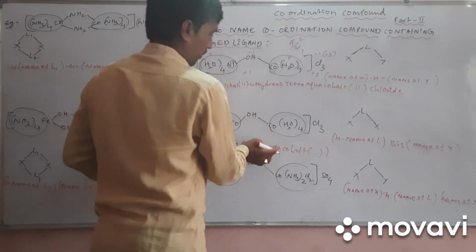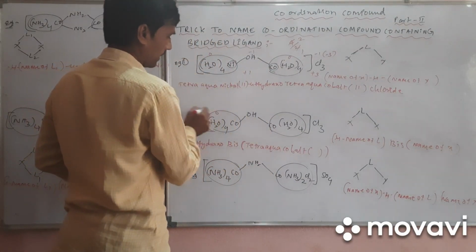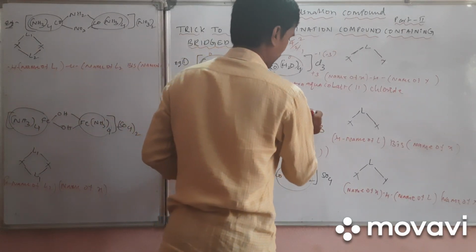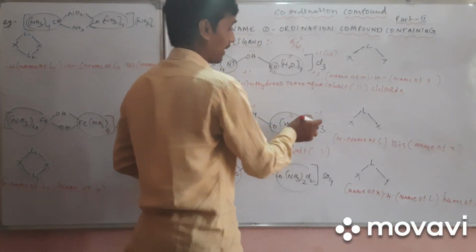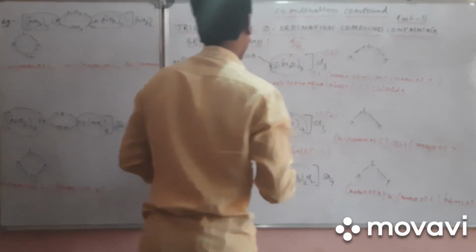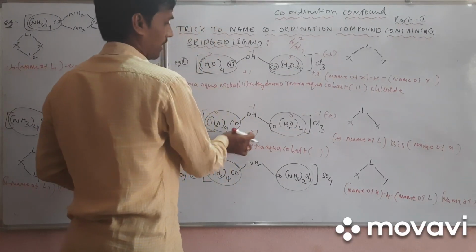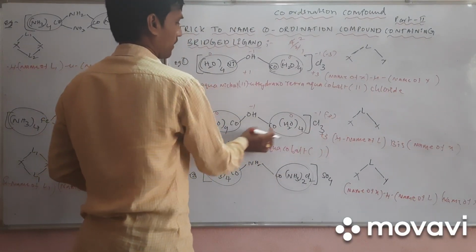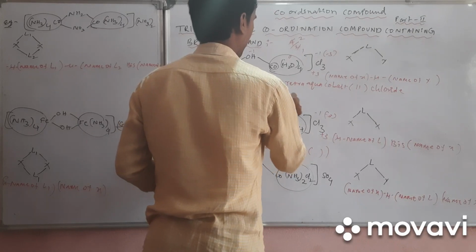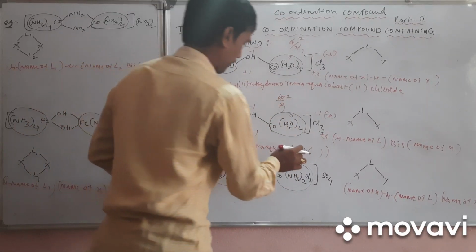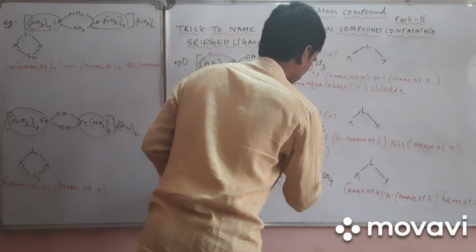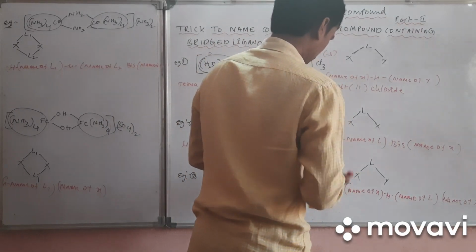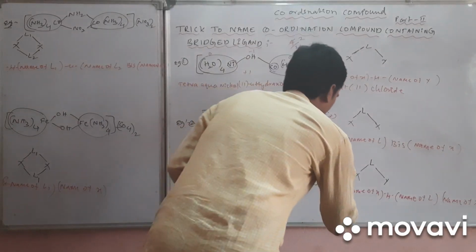How to find the oxidation number? This is a neutral ligand, this is a negative ligand, this is a neutral ligand, this is a negative ligand. How many negative ligands are there? 3, so it is -3. In the calculation part, this is +1, this is +3. Total how many ligands are there? 4, so 4 by 2. The oxidation number of cobalt is 2. Next, after the complex, we write chloride.